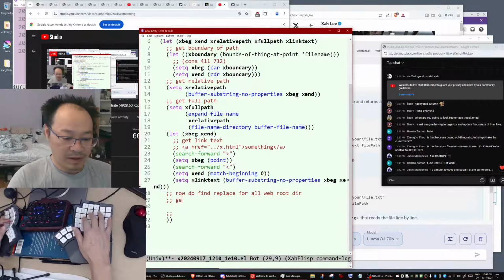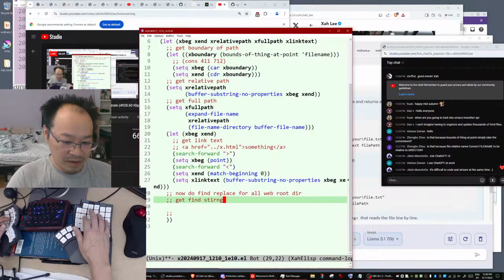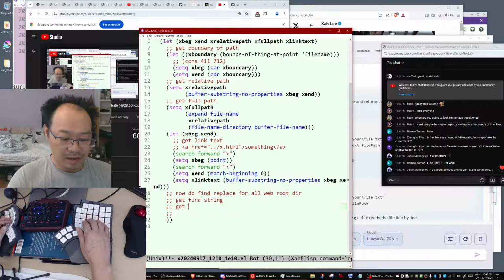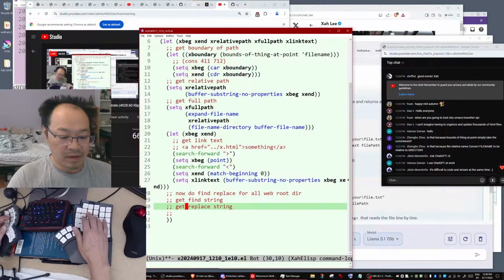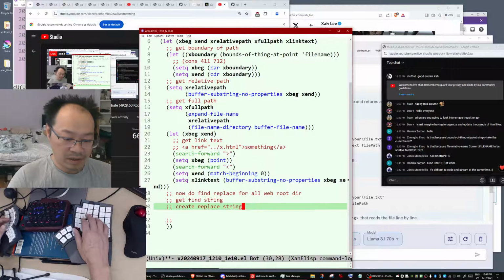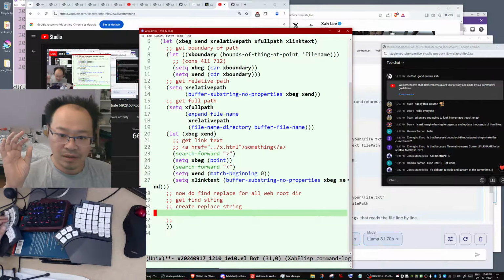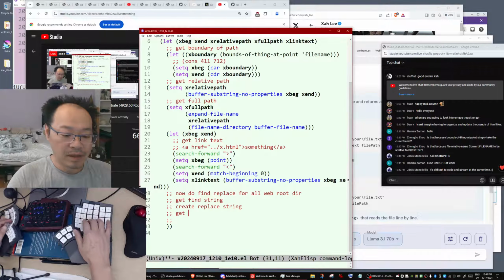First of all, you need to get the find string, then create the replace string, and then get the web root.